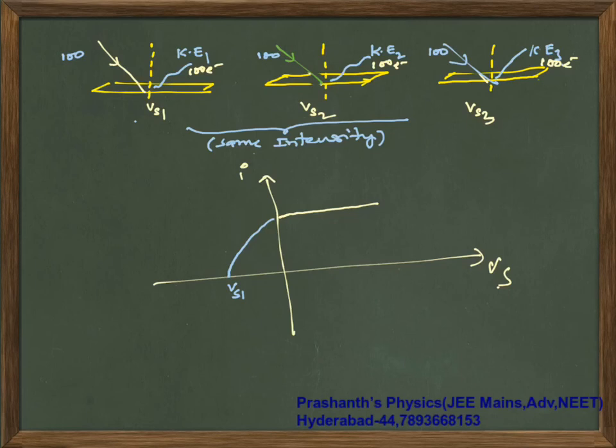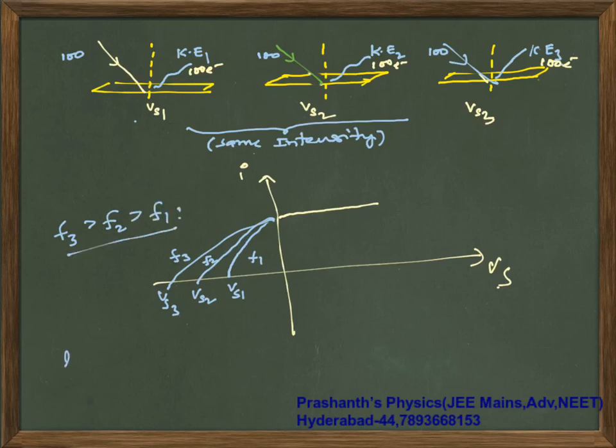Okay, so your stopping potential is actually applied in reverse manner. So the stopping potential Vs1 of the first metal will be this way, the stopping potential of the second will be here, and the stopping potential of the third will be here. Let us say there are three different ones. Don't look at the colors part, there are three different metals whose stopping potentials are Vs1, Vs2, Vs3. For this part the frequency is F1, for this part F2, for this part F3. Now F3 is greater than F2, which is greater than F1.